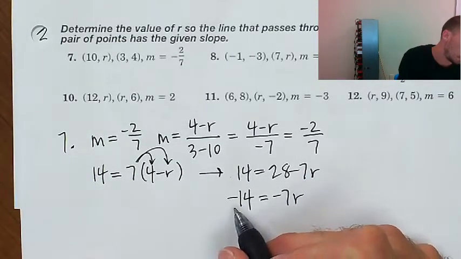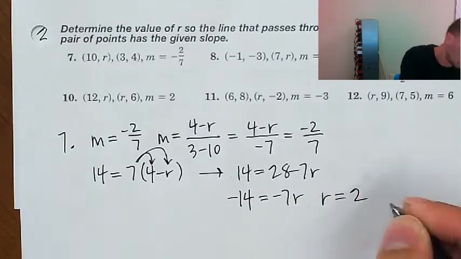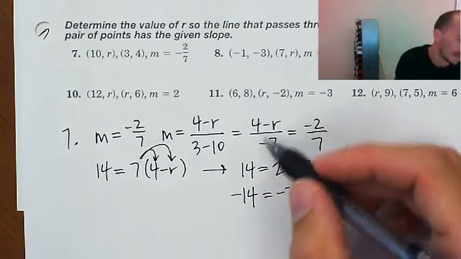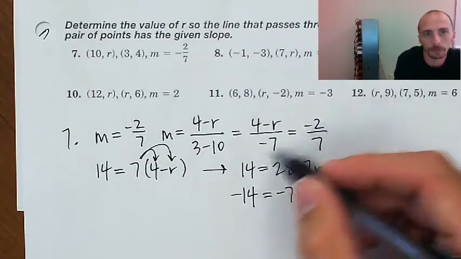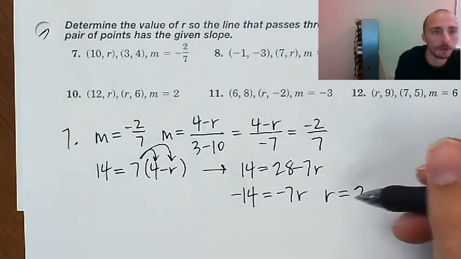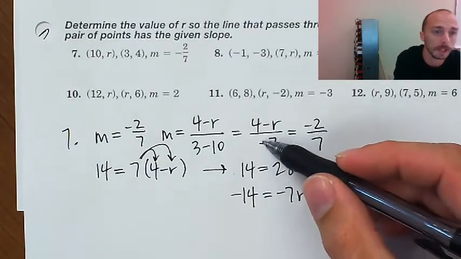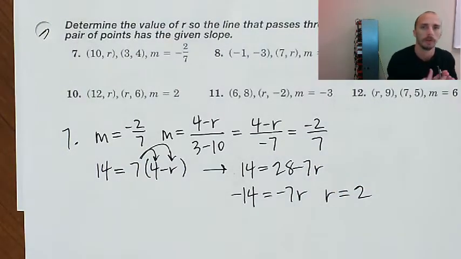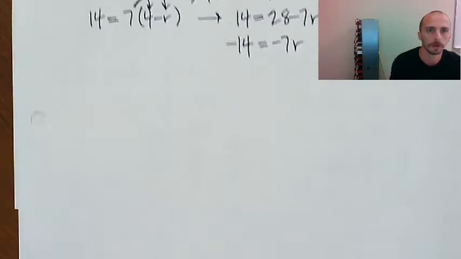Negative 7r equals negative 14. What number can I multiply by negative 7 to get negative 14? That's going to be r equals 2. Now, you could have also said that because of the 4 minus r, that negative, I wanted to say, okay, 4 minus r needs to equal positive 2. And that would be an easier way to solve it, but you'd have to know that I can multiply both sides of this equation by negative 1. That would kill off this negative, but not affect these. We haven't really talked about the nature of algebra with fractions in this class yet, and so I just didn't want to make any assumptions